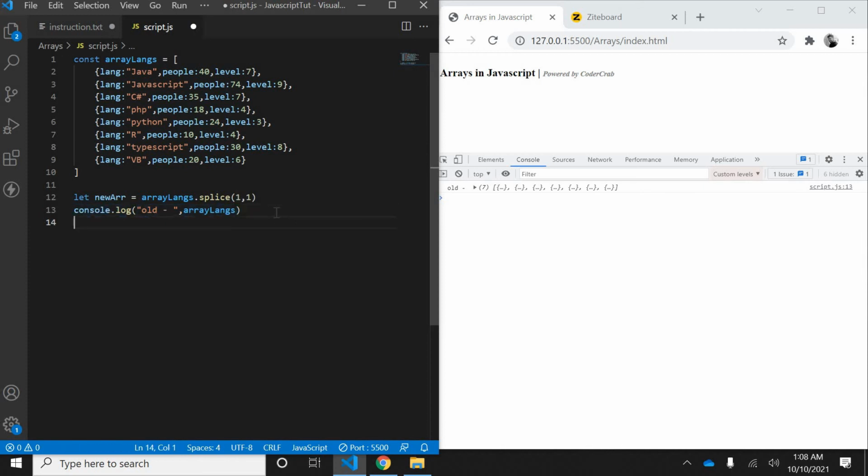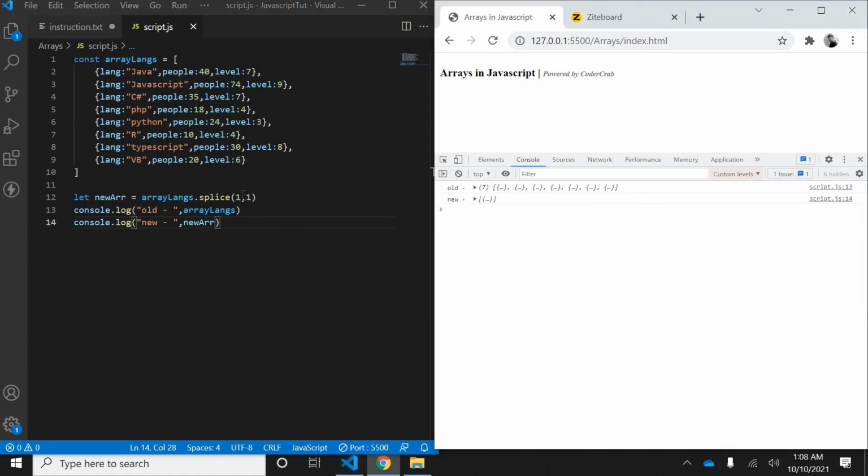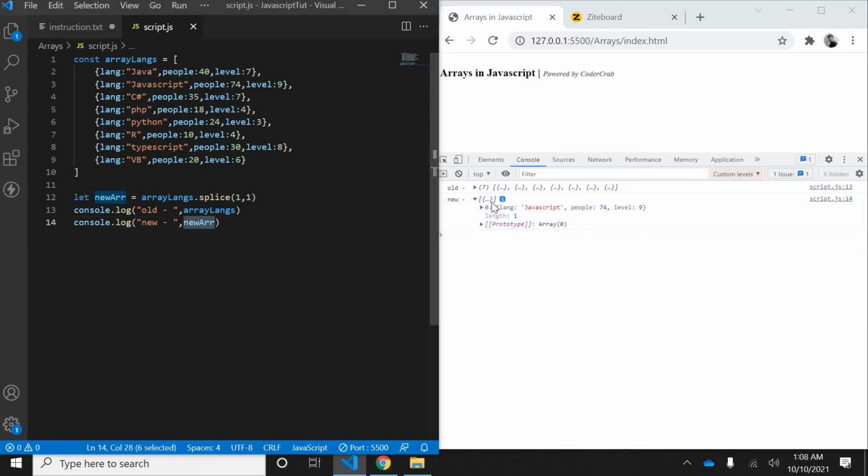So if I put this new array, which is basically the same array, it is just showing this spliced array. So this is the element which is being cut off from the main array, right? So you can see that, right? This is giving that particular object, that particular array, and this is the old one.